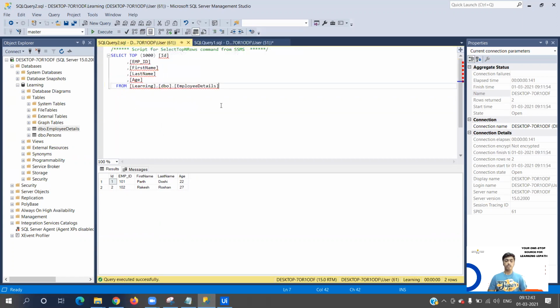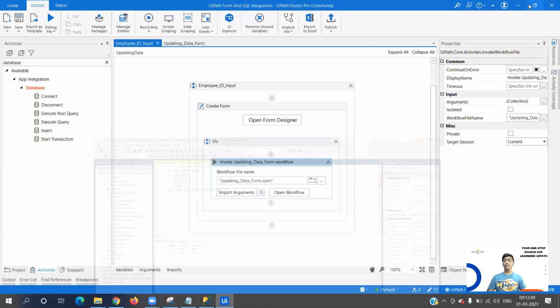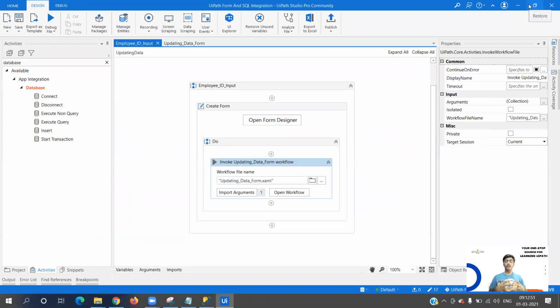As you can see over here, the dummy data was already present. We have only two rows. So I hope the complete concept of building multiple forms, linking the forms to each other, updating the data in the SQL database, and fetching the data, everything is clear to you, and how we can pass the data to the UiPath form and take the output.